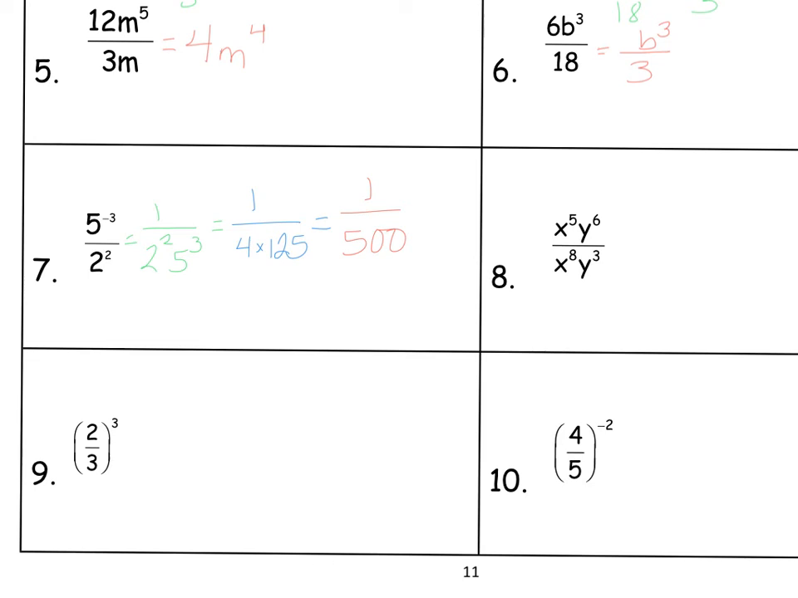Looking at number 8, we have 2 variables. What we need to do is subtract each of these variables separately. For the y's, we have 6